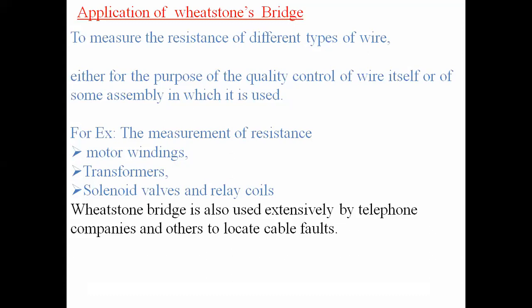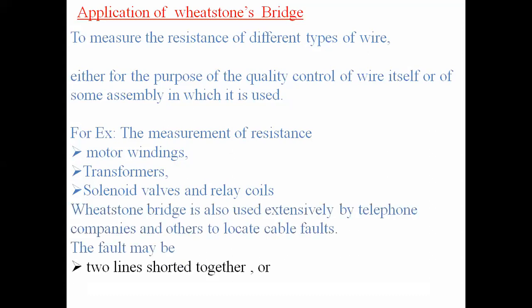locate cable faults. So there are a number of cables, long distance cables. So we have to find the faults. What are the different types of faults we can observe in the cables? One is two lines shorted together. So we have cables placed side by side, and in some situations, two wires may be short circuited. In such a situation, the resistance changes. So to measure that change in resistance, or to identify the fault, that is a short circuit of two wires, it is determined by this